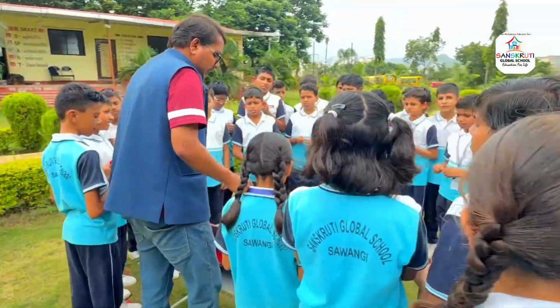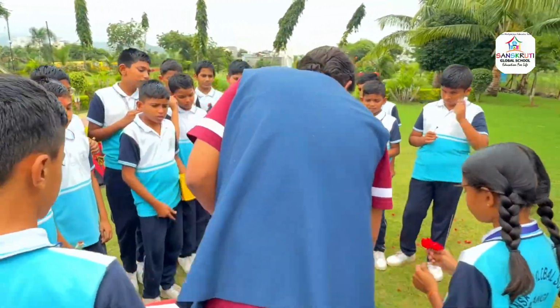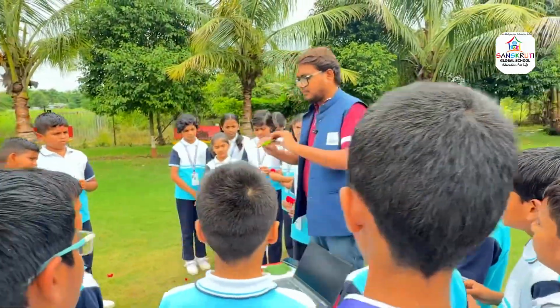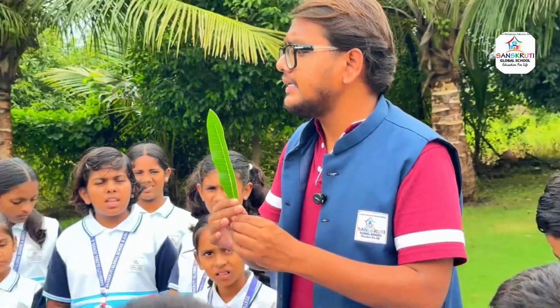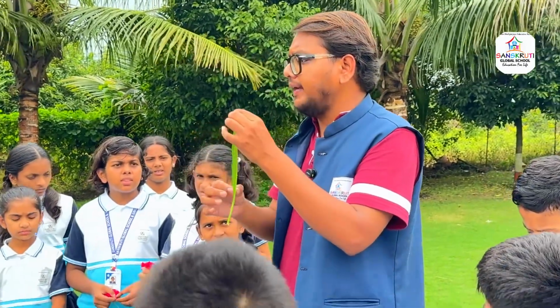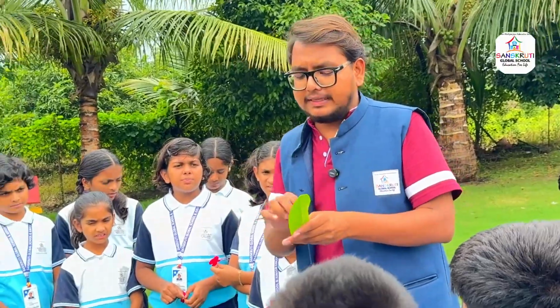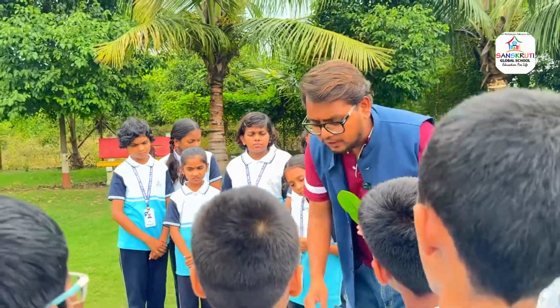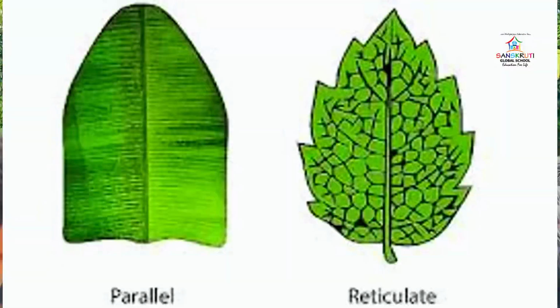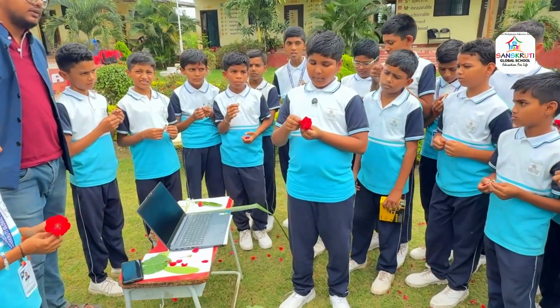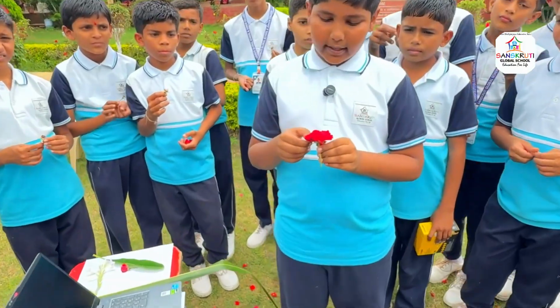Very good. Now, we have already learned the types of leaf. Now see. What is this? Lamina. And this vein going from the midrib, what is this? Midrib, and there are veins. There are two types of venation we have already seen: reticulate venation and parallel venation. And this is a sepal. Very good. It is a petal.